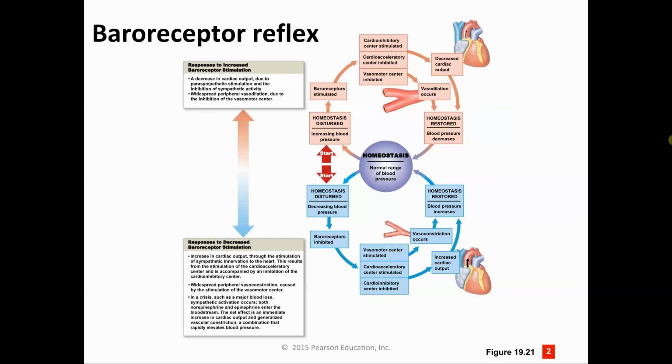Okay. So then if you're decreasing blood pressure, that inhibits the baroreceptors, stimulates that vasomotor center and the cardioacceleratory center, constricts the blood vessels, so same amount of blood in a smaller spot, higher pressure, increases cardiac output, and then can bring your blood pressure back up. But remember, if any of these nervous system responses aren't adequate, you can also bring in hormone responses. So this talks about epinephrine being involved in bringing you back up to a higher blood pressure if this isn't